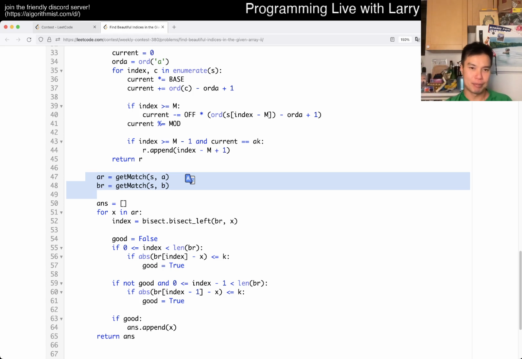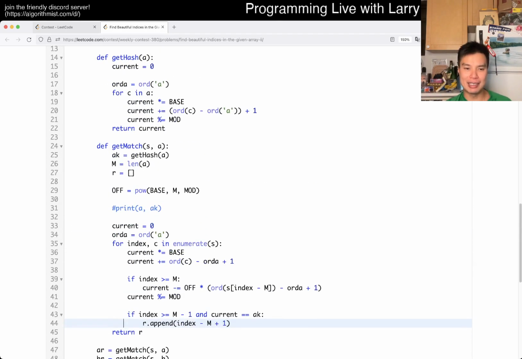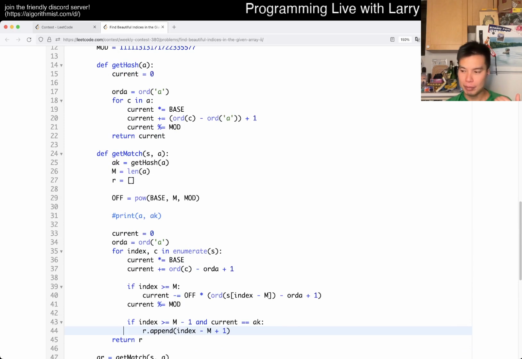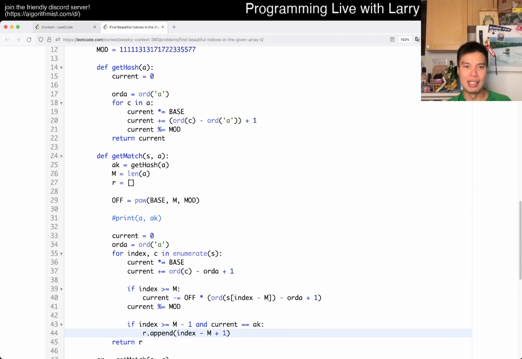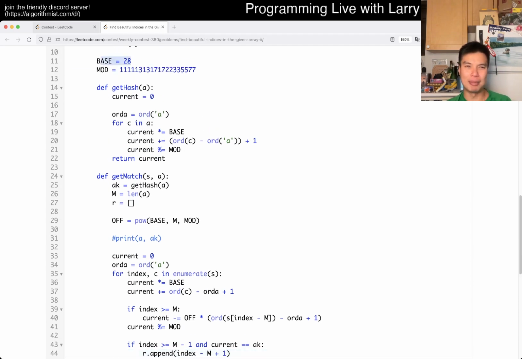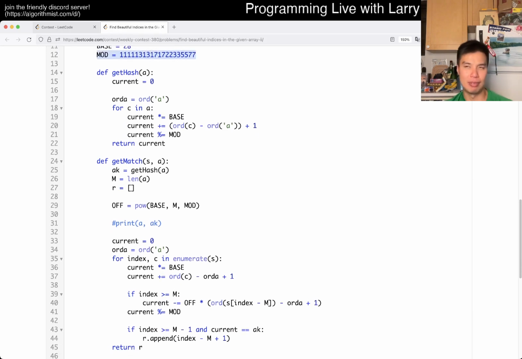And this is the rolling hash. Like I said, this is templatable. I'm really sure that a lot of people do have it. Here, I just choose a random number for a base, a random number bigger than 26, and for the mod, I just Google for a random prime. Honestly, during the contest, I had to refresh myself a little bit. I was like, oh man, I knew how to do it, but I'm a little bit rusty on it.